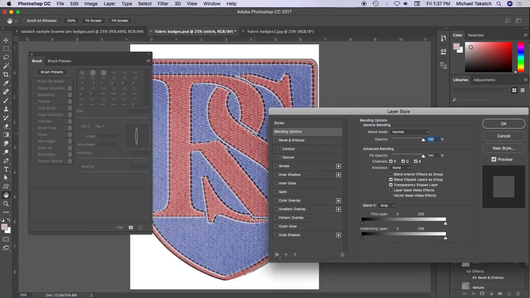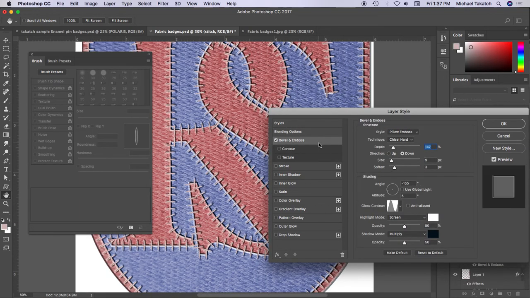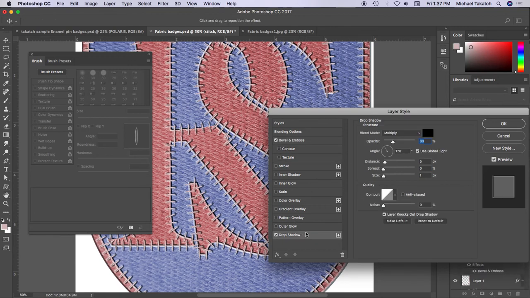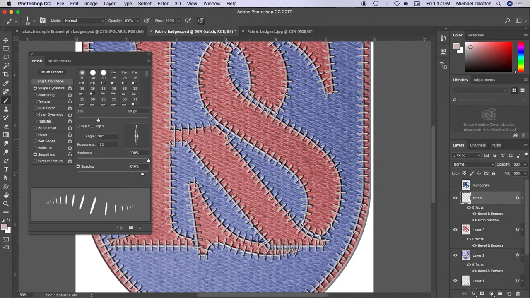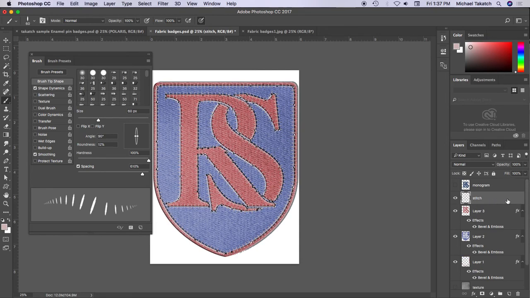You can zoom in a little bit so you can see it a little closer. Click on the bevel emboss. It's chisel hard is right there. You could even put in a little bit of a drop shadow to place it on there so you can kind of see that edge there, and pop that down. Now if that looks a little too much, I can always adjust it on there. Okay, but that'll give me the